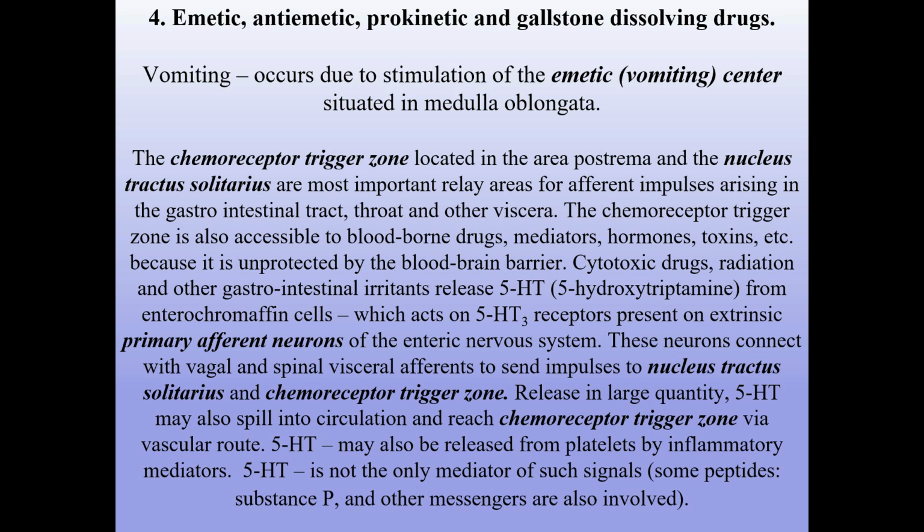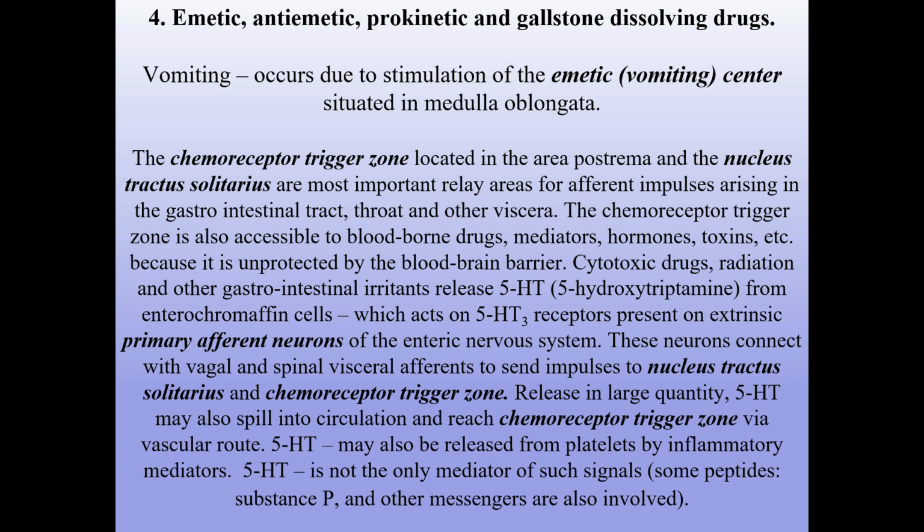Vomiting occurs due to stimulation of the emetic vomiting center situated in medulla oblongata. The chemoreceptor trigger zone located in the area postrema and the nucleus tractus solitarius are most important relay areas for afferent impulses arising in gastrointestinal tract, throat and other viscera. The chemoreceptor trigger zone is also accessible to blood-borne drugs, mediators, hormones, toxins, etc., because it is unprotected by the